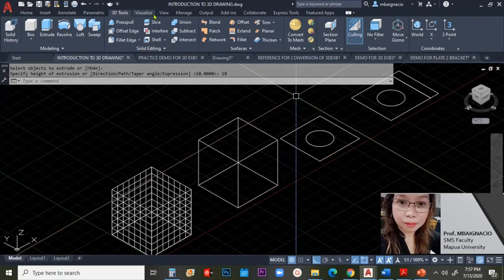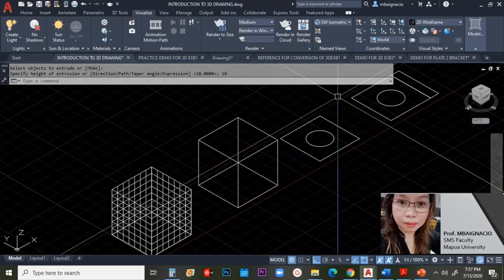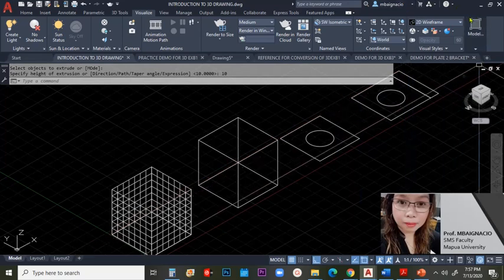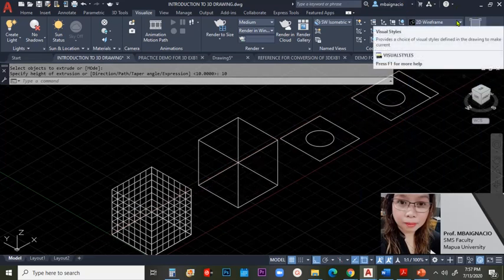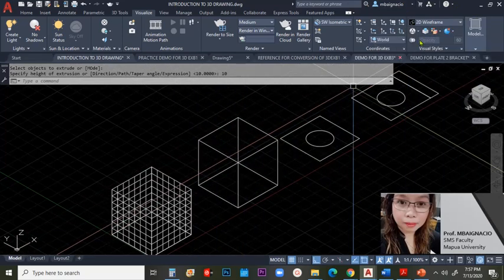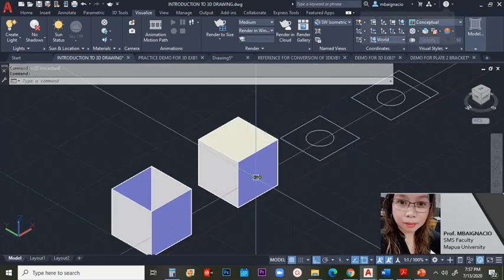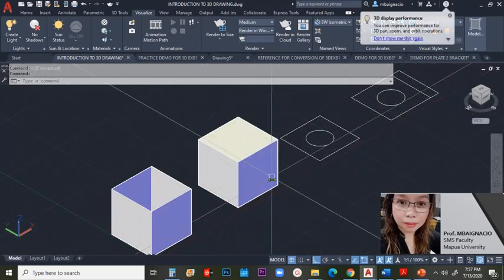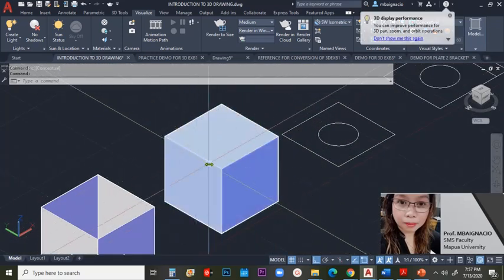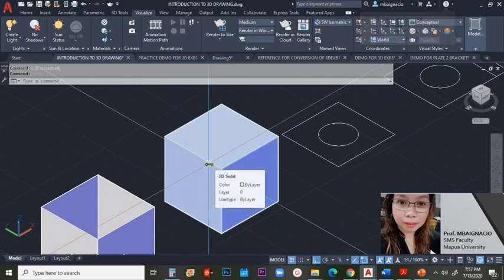Now we can identify this as a cube only if we preview or visualize it as a cube. So you go to visualize, and then under visual styles, the default will be 2D wireframe. Let's try conceptual. As you can see in conceptual view, you can actually see the solidity of the cube itself.